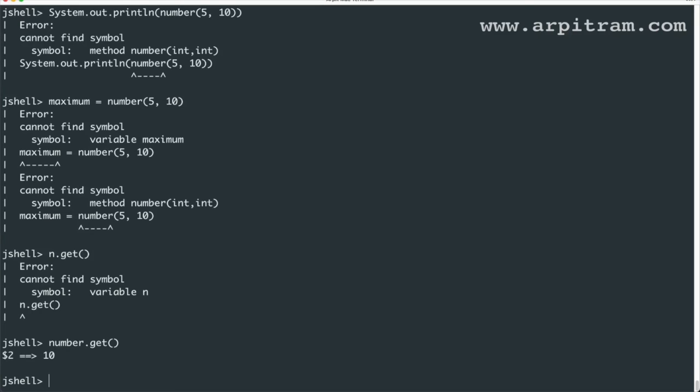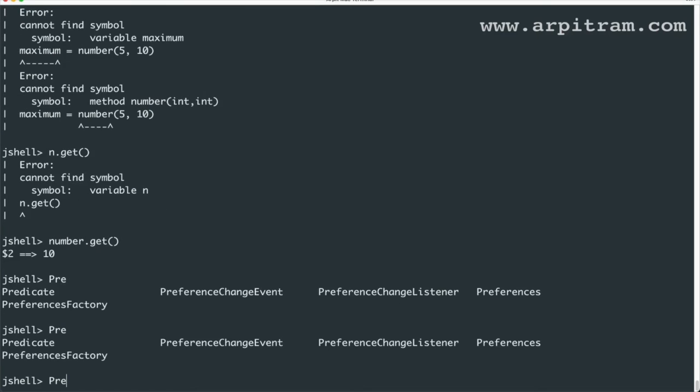Let's say I want to filter, using the Predicate interface. I want to try it out. The other important thing about using this JShell is that whenever you press tab, you will get all the options that are there. If you know there's a Predicate, whenever you type this, you will get it by just pressing tab.